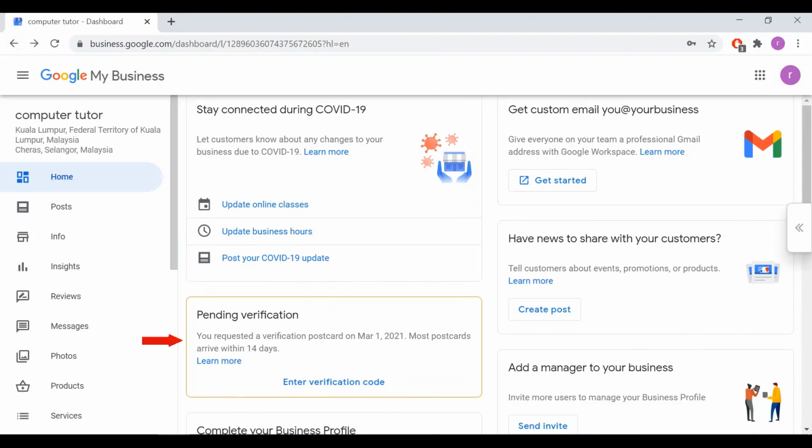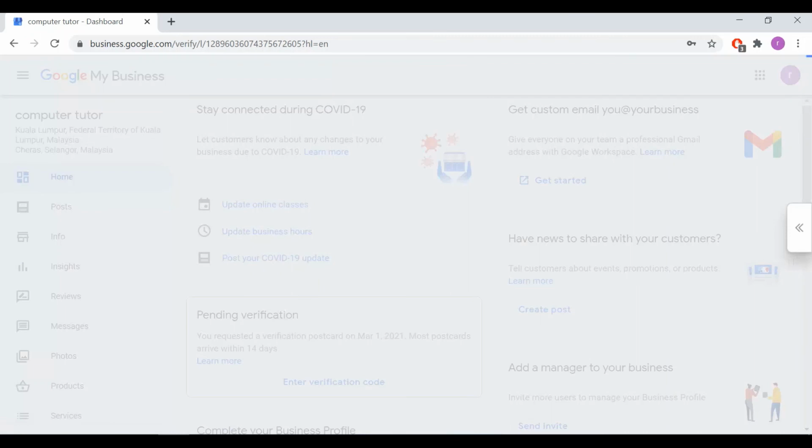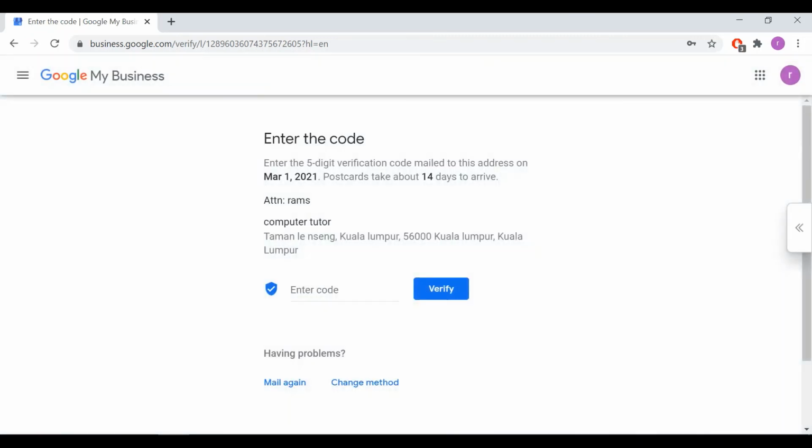Go to the Pending Verification box and enter the verification code and click on Verify. After your listing is verified, your listing will be live on Google.